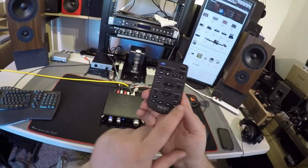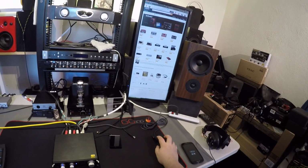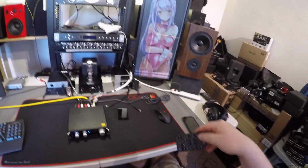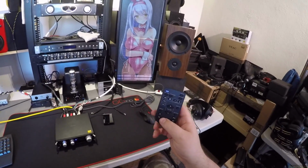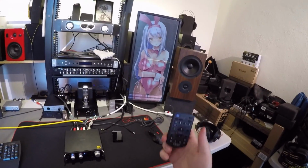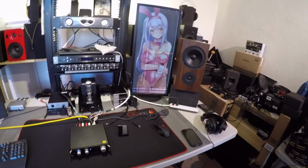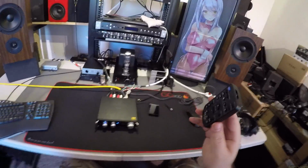Display does nothing. Shuffle does nothing. All these beautiful media keys that, since this is USB, should control my foobar. I should be able to hit a button and next track, and it just doesn't. And why don't you do that? It would be amazing, but it's for the CD player. I don't know if shuffle and repeat would do anything, but what you could do,